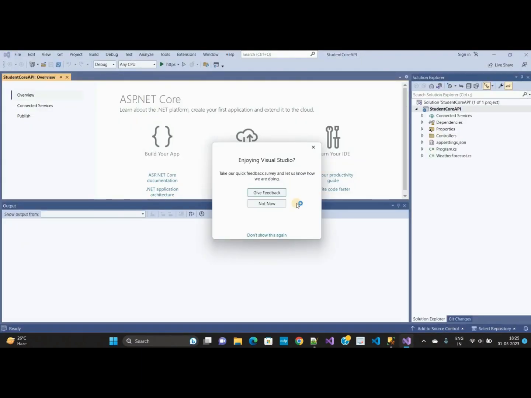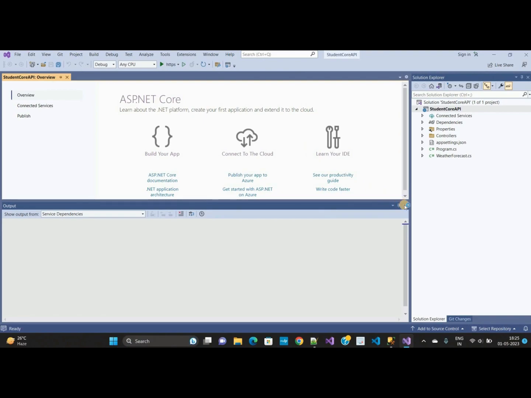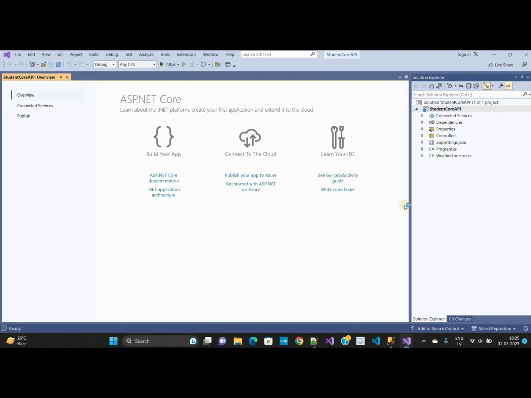So you can see our project has been created. So just close this. If you get this pop-up, it is not required for us. So what I need to do here,